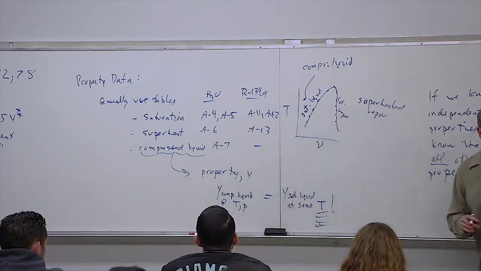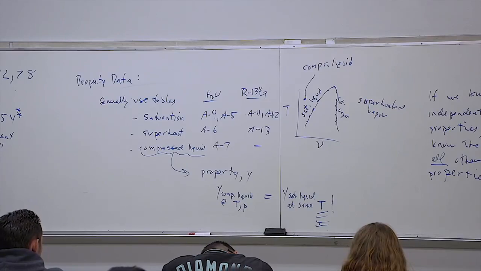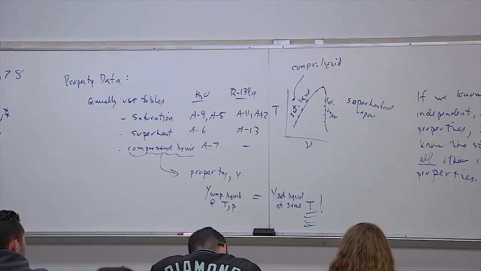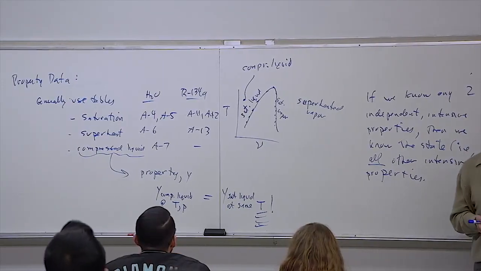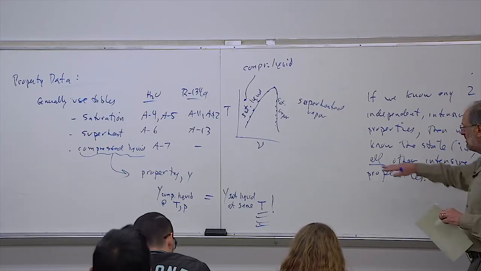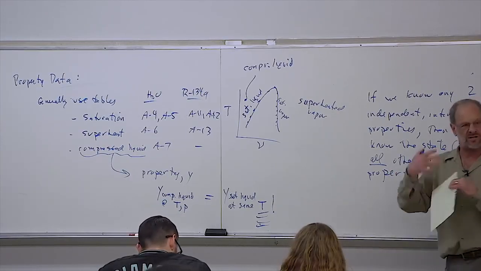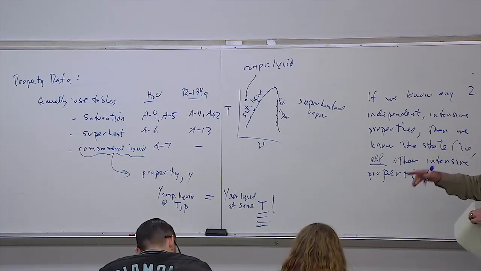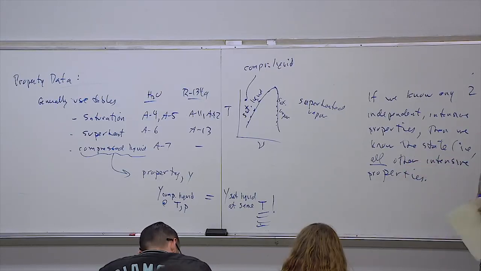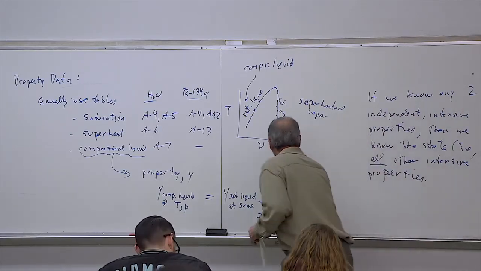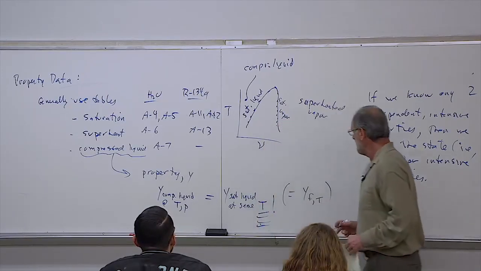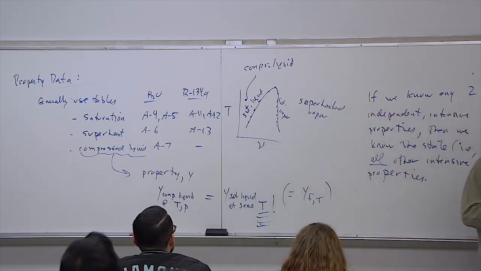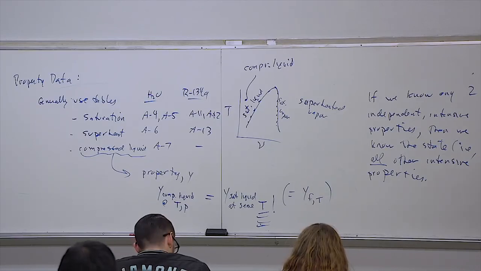Now, I underline temperature about a million times and put an exclamation mark, because students will very often just not pay attention and look up the saturated liquid conditions at the same pressure rather than the same temperature. It doesn't work on pressure, it only works on temperature. So please make sure that if you have a compressed liquid at a particular temperature and pressure, know what that temperature is, go into the saturation table and find the saturated liquid data at that temperature. Another way I could write that is just y_f at T, right? F is the subscript that we use to represent the saturated liquid. G is the subscript that we use to represent the saturated vapor, right?